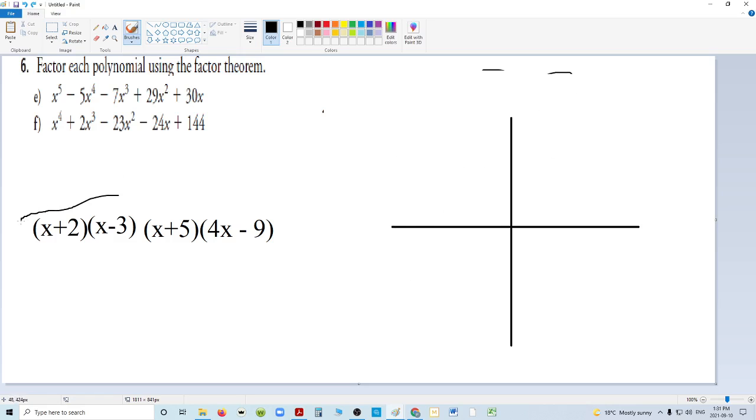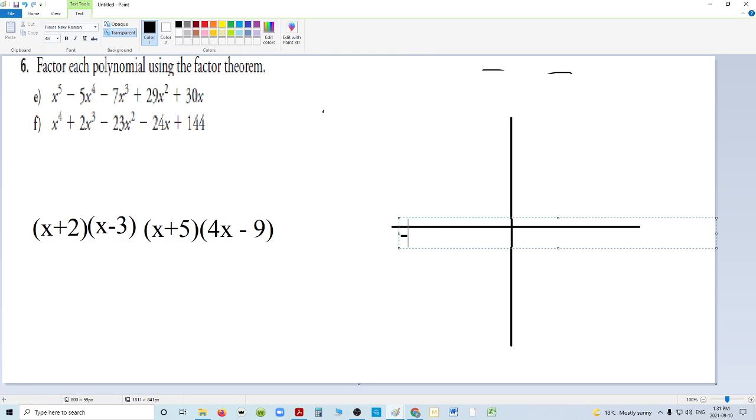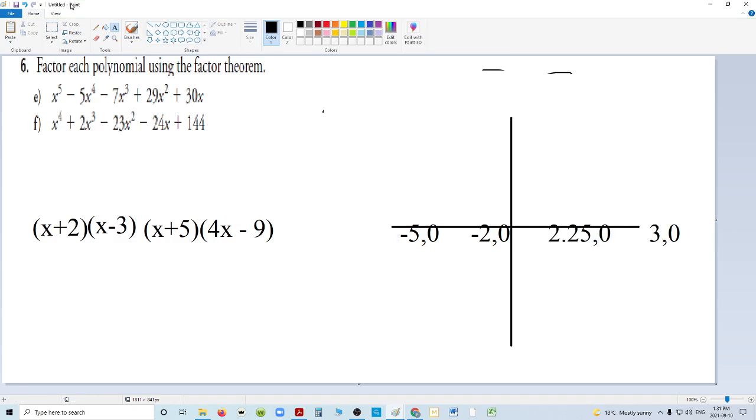You also know it crosses the x-axis 4 times from this. It crosses at these numbers, minus 5, 0, minus 2, 0. It crosses at 9 over 4, which is 2.25, 0, and then it crosses again at 3, 0,